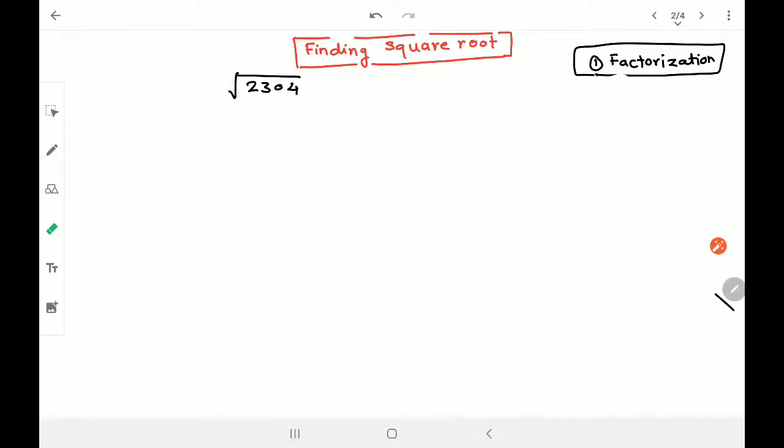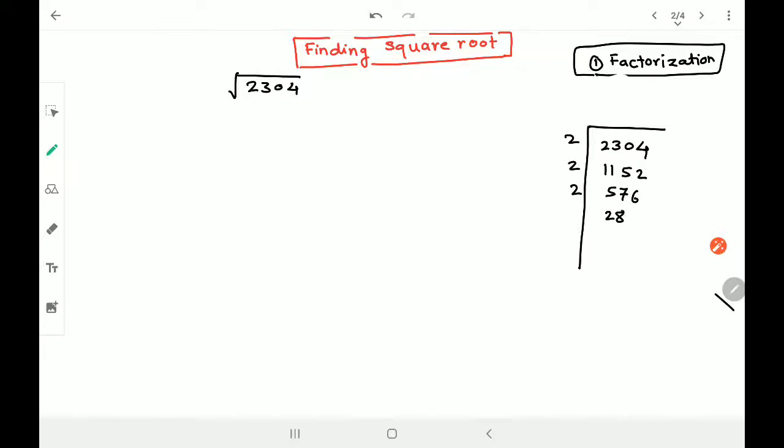As the method name suggests, factorize the given number. So whatever the number is given, we have to factorize it. 2304 I can factorize. I hope you know how we can factorize. We can start factorizing the number from the lowest possible prime number, right? So you keep in mind you have to use only prime numbers here. 2 ones are 2, 2 fives are 10, 2 twos are 4. So again 2, it is possible to divide. 2 sevens are 14, 2 twos are 4, right?